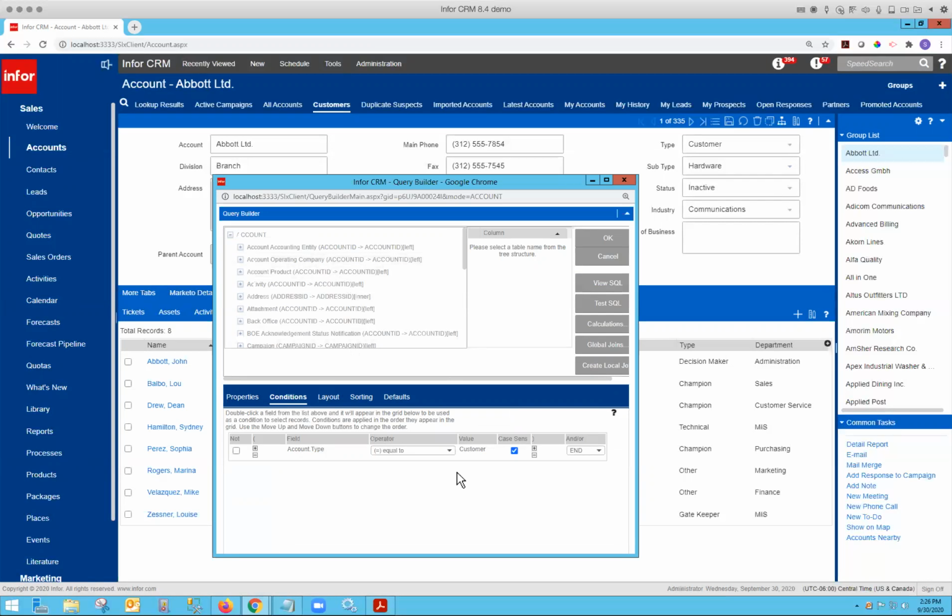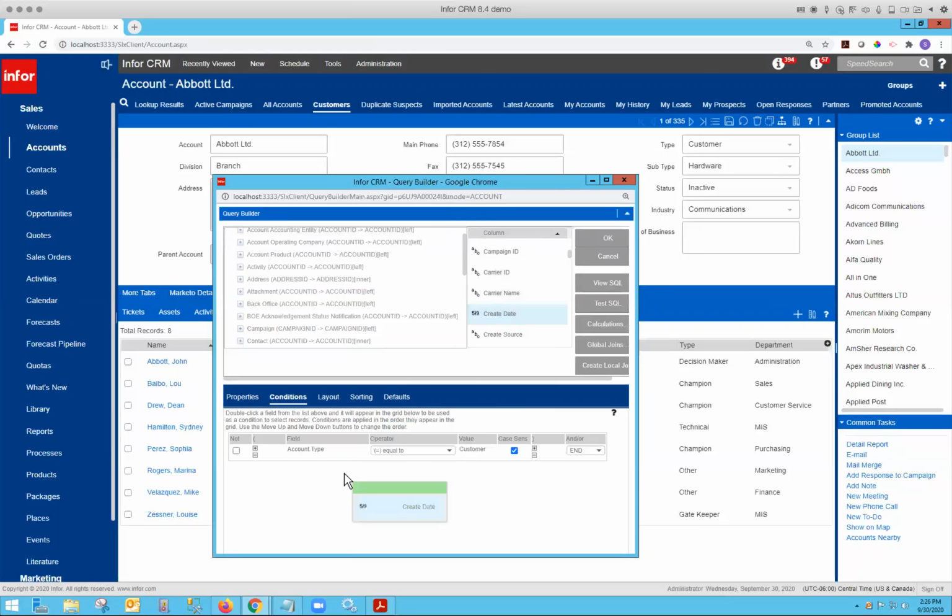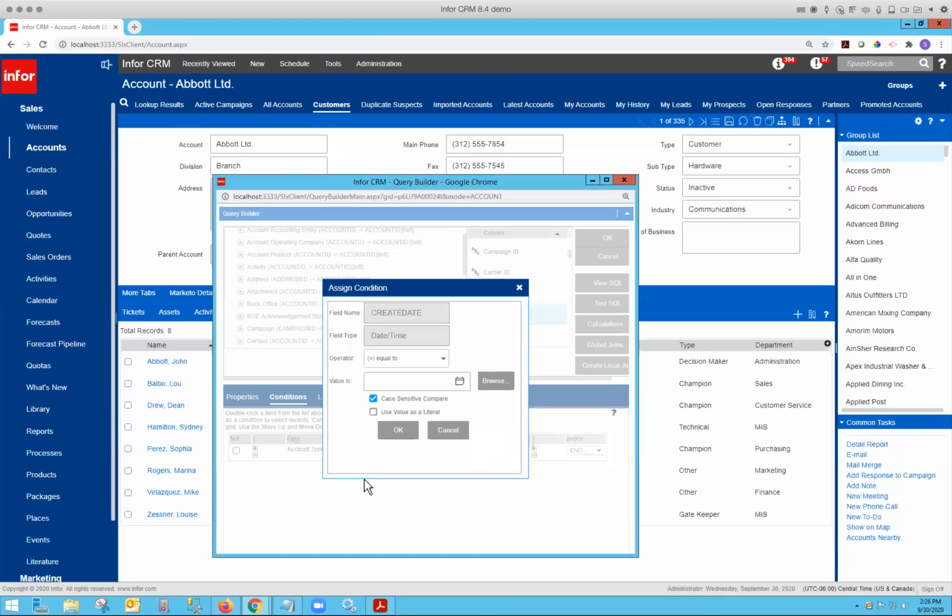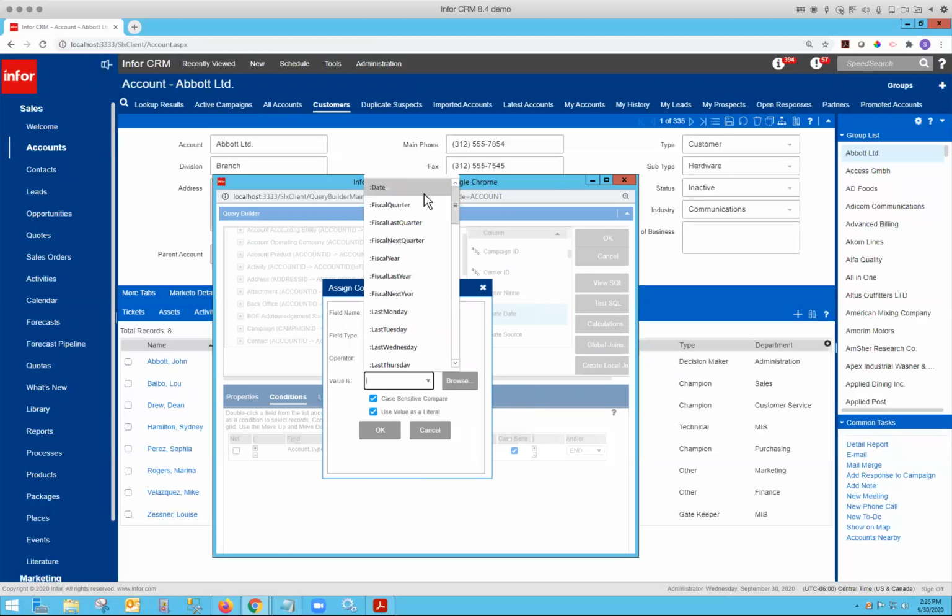So in place of that, they're putting in these enhancements, which are pre-built subqueries, I guess I'll call them. The way that works is, if we go to an account, for example, and we want to look at the create date, we want that to be one of the conditions. Maybe I only want to see accounts that were created in the last 30 days or whatever. You had to write a subquery to do that in the previous version. But now if you use a literal value, you're going to see a list of pre-built subqueries that you can